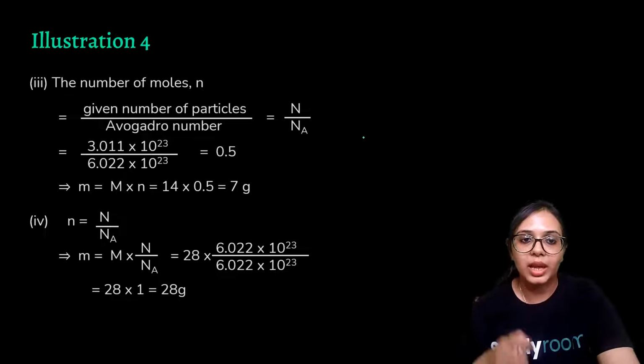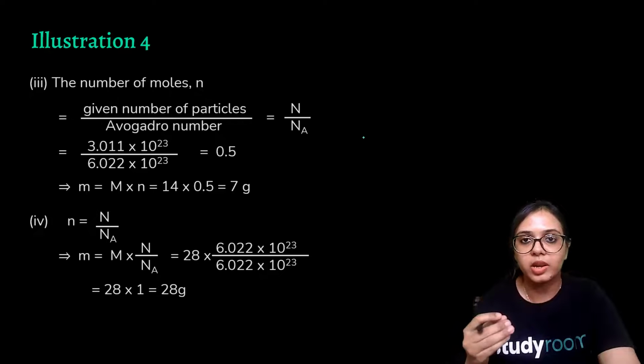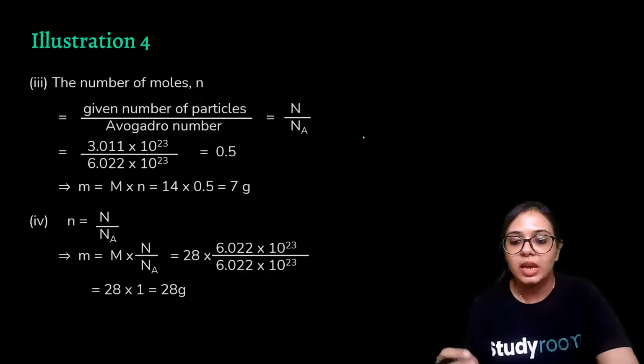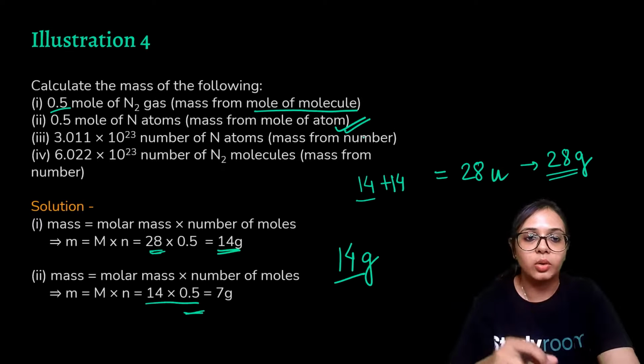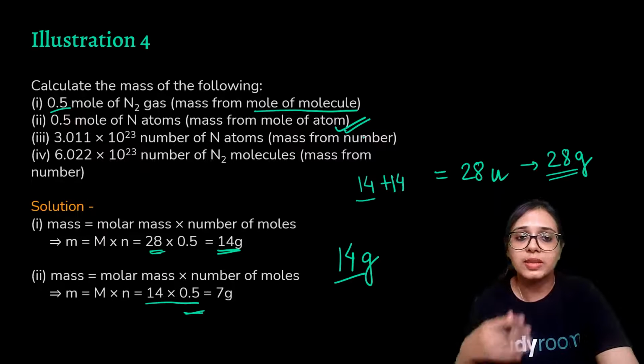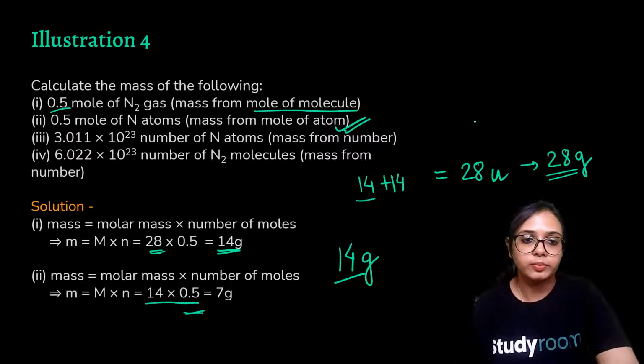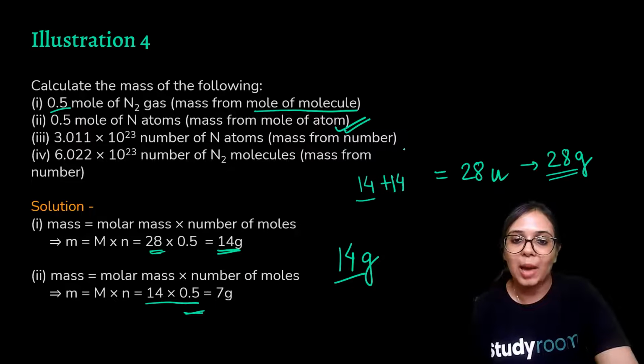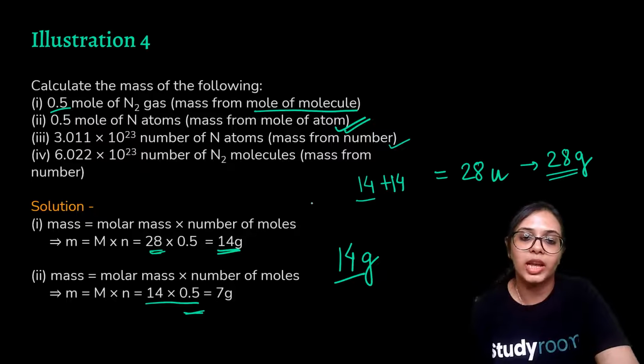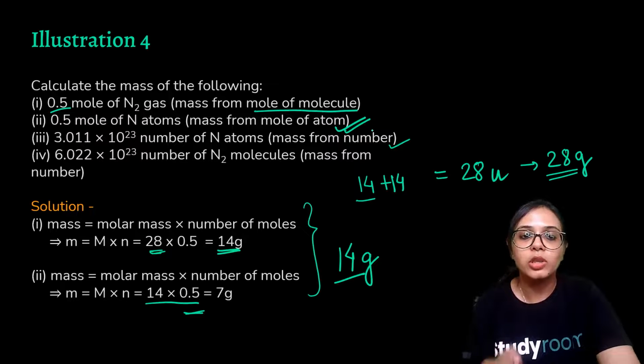Okay, so to calculate this, it would be easier for us if we were to calculate the number of moles, and then we will simply multiply by the gram atomic mass of nitrogen, be it from the atomic level or the molecular level, like we had done in the first two questions. Okay, so we have to calculate first how many moles would be there